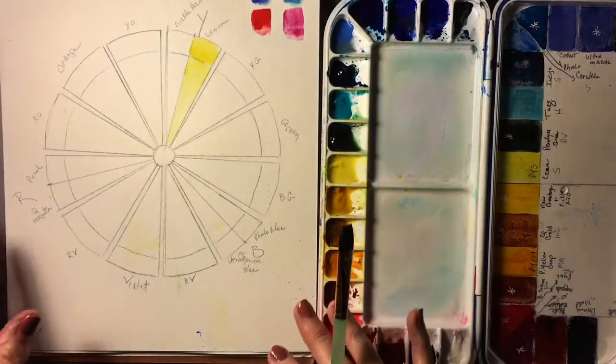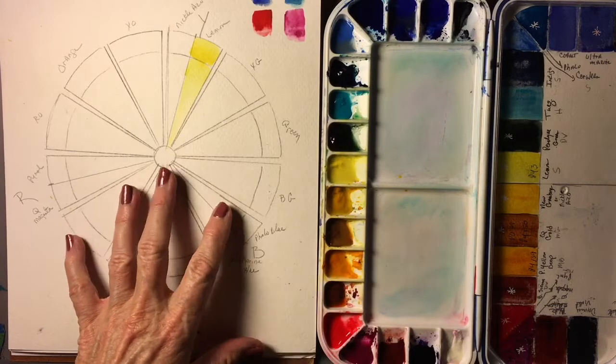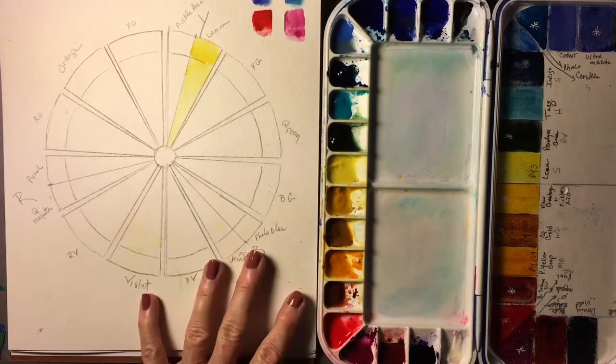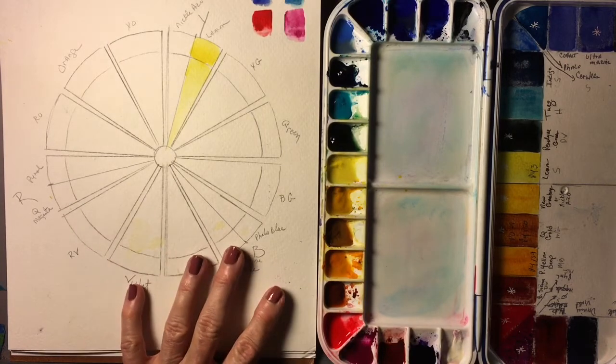Today we are working with our split primary color wheel, and I thought I would show you how to make a split primary color wheel. This is a really good idea for you to do with your colors. A split primary palette is basically 2 yellows, 2 blues, and 2 reds, a warm and a cool version of